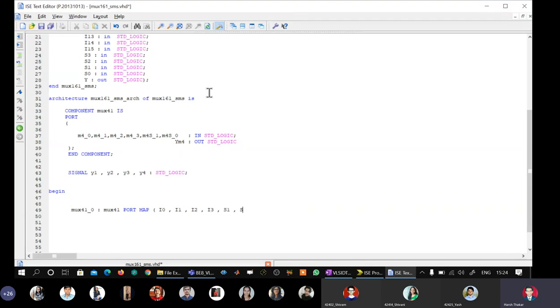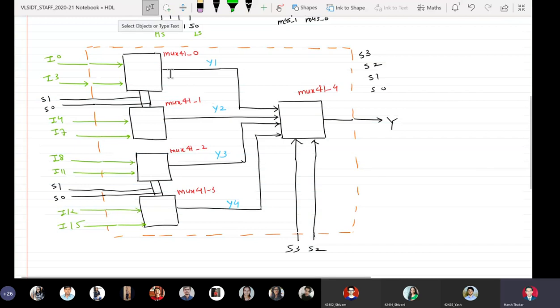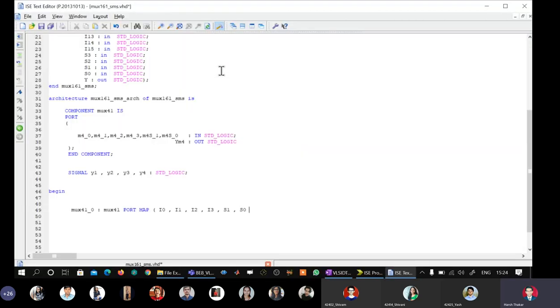So I have to write down S1, S0 and the output. The output of the first instance is Y1. Okay, this is small y1.